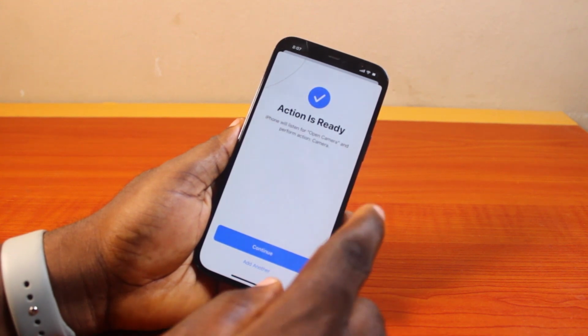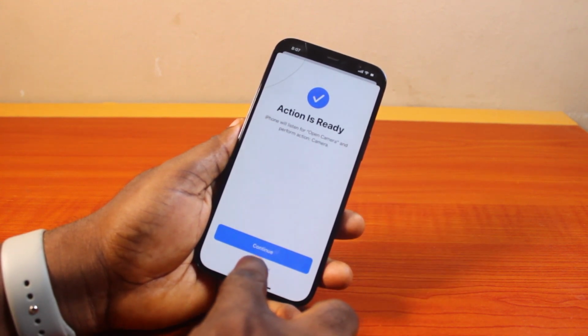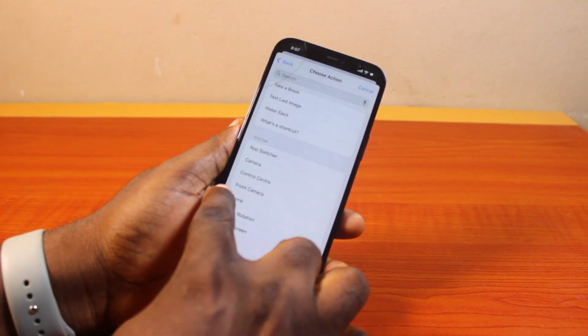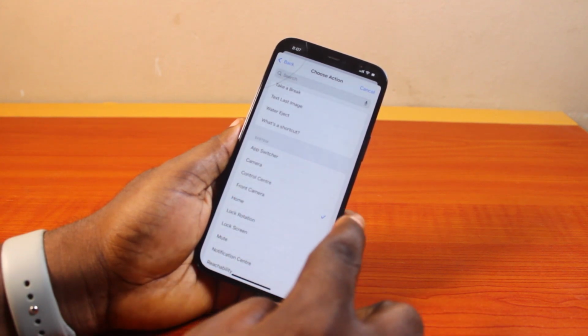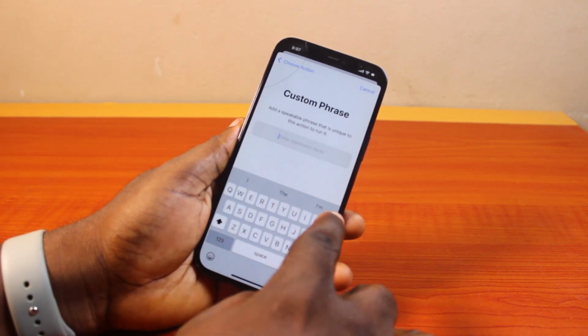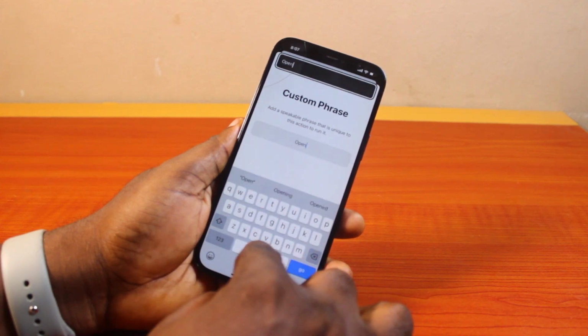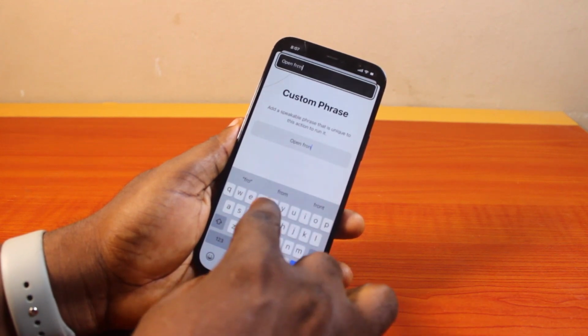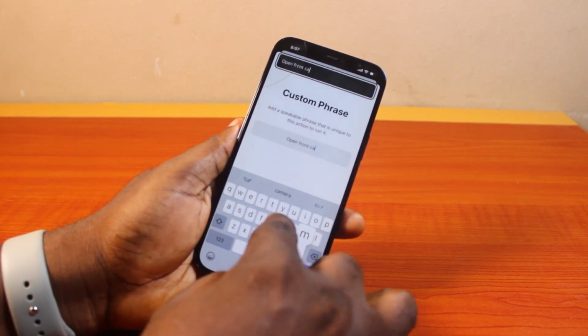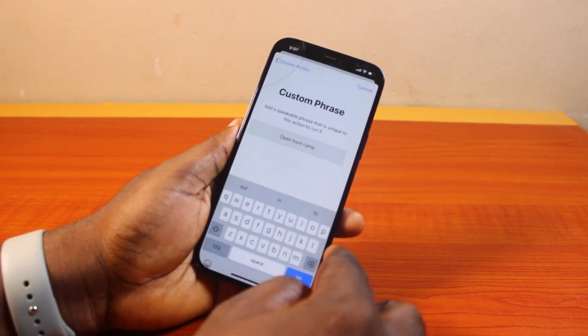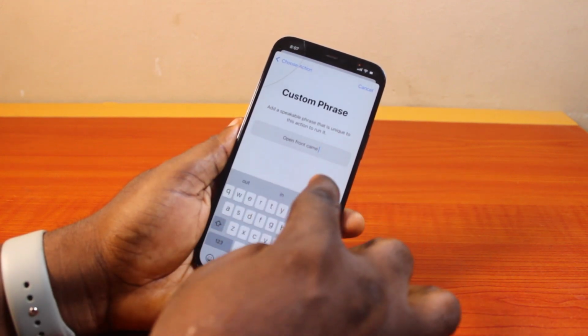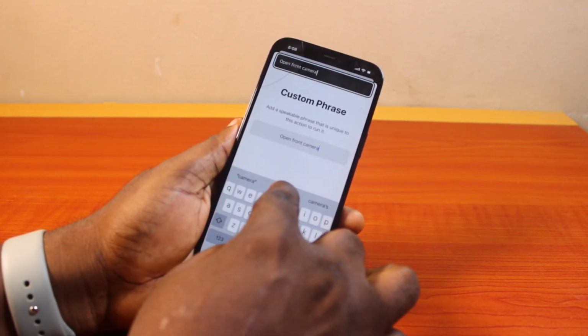And if you want to open front camera on your iPhone, go ahead and click on add another, and then scroll down and locate front camera. Click on it. Then type your customizable phrase. I'm going to say open front camera. Then click on go. If that is not correct, you can just hit the bar button again, confirm it, click on go,